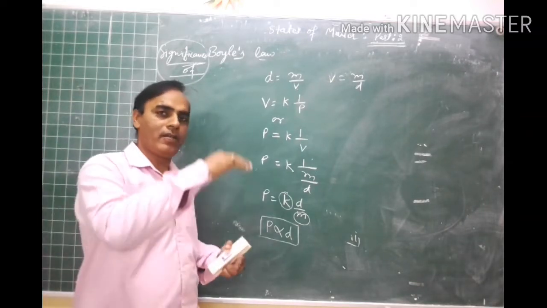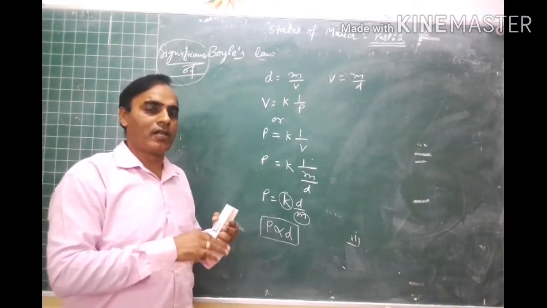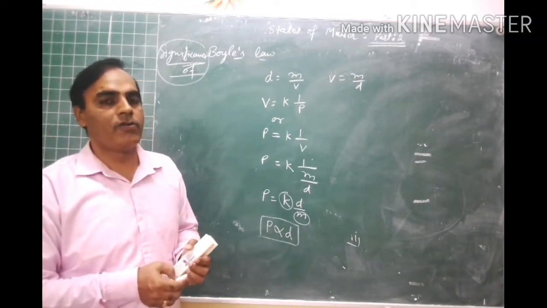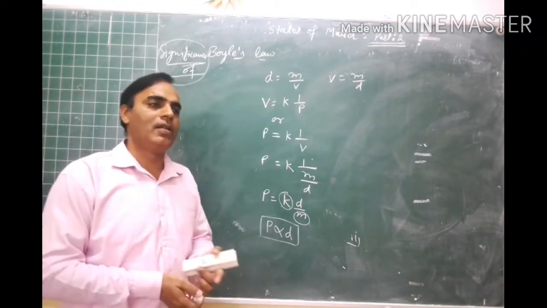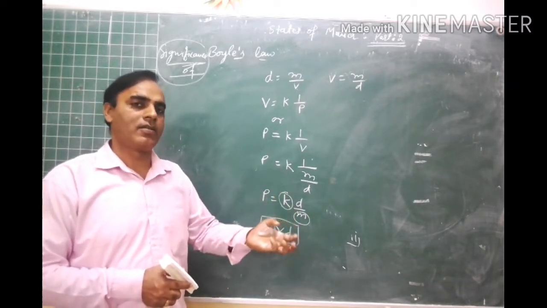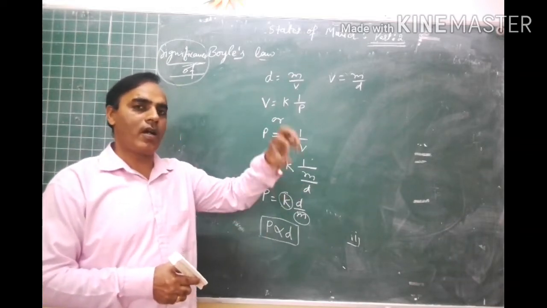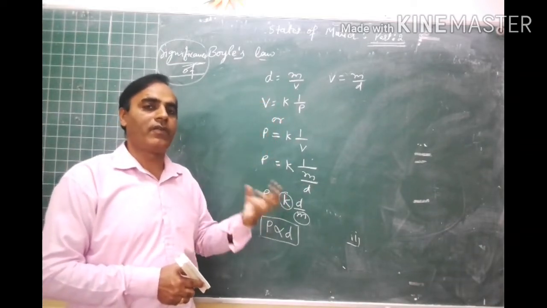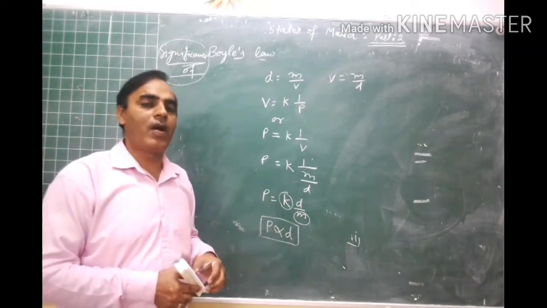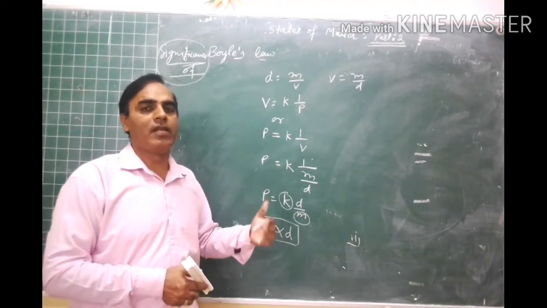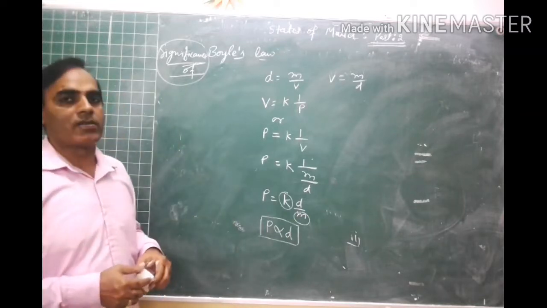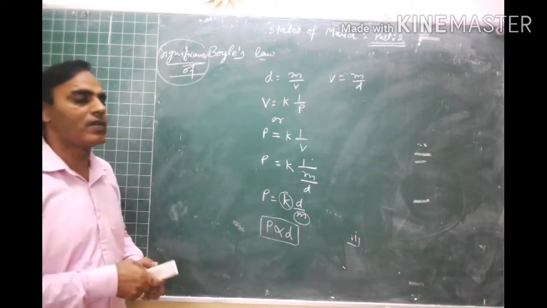And when we go higher in the atmosphere or at an altitude, the pressure of air decreases, and due to this the density of air decreases, and if density of air decreases, then the amount of oxygen in the air decreases. So a person going to high altitude suffers from headache, uneasiness, tiredness. That's why mountaineers carry oxygen cylinders with them when they go higher up on a mountain, right? So this is the significance of Boyle's law. Now we will discuss numericals on the basis of Boyle's law.